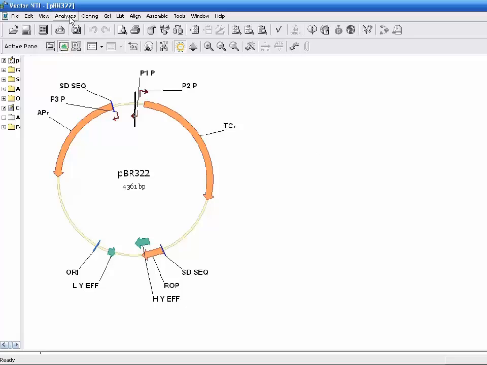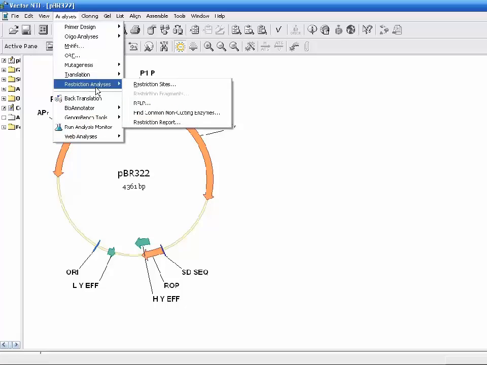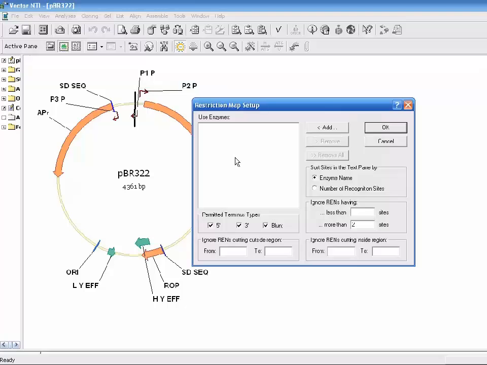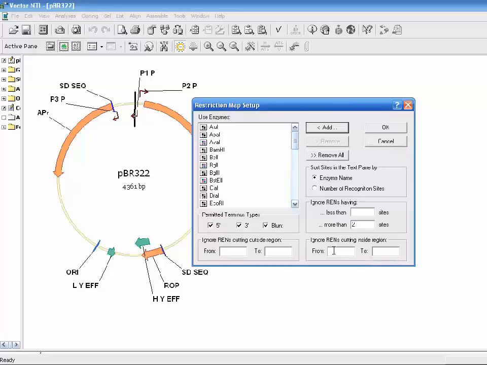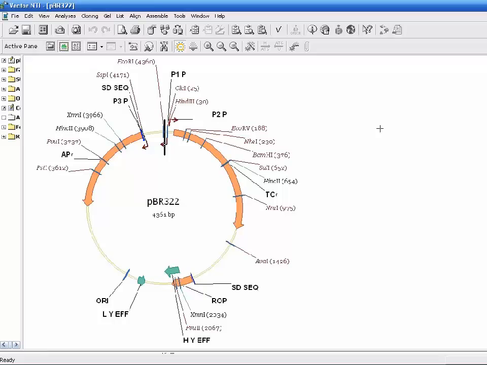Something wrong happened. Let's go back to analysis. Yeah, we haven't chosen any enzyme. So we'll again go to add and then select all. Then OK. Okay, so now all these enzymes in red, they are single cutters, so we can cut this plasmid with, say,